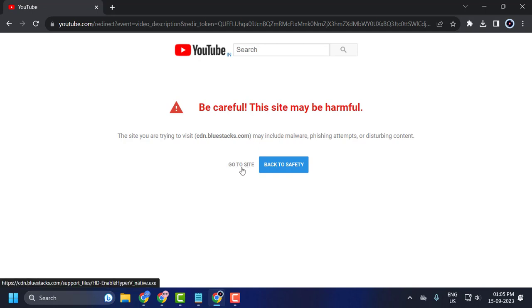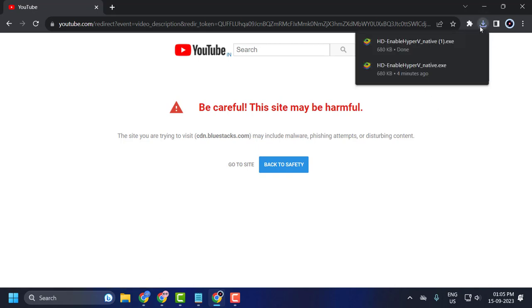Click on this Go to site. You just need to click on the description link. It will open like this, and click on this Go to site. It will download automatically. After the download is done, click on this file folder, Show in folder,